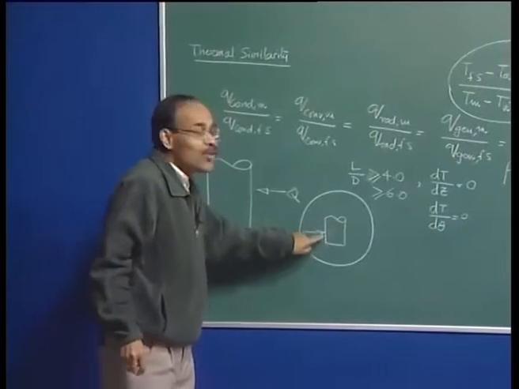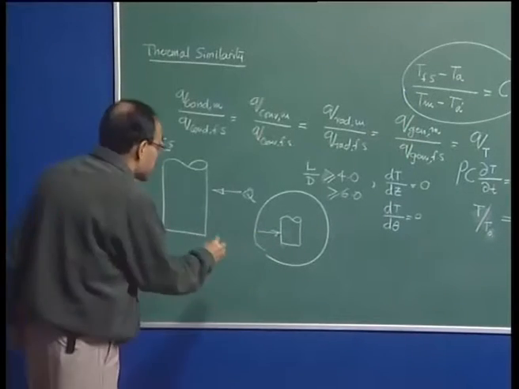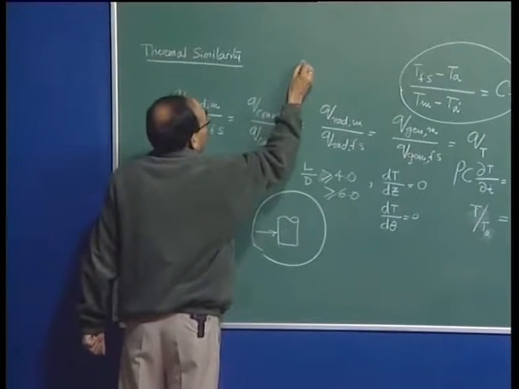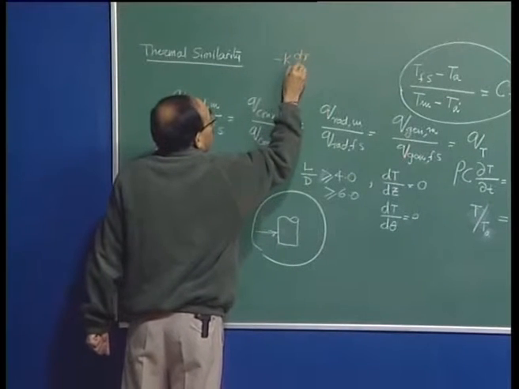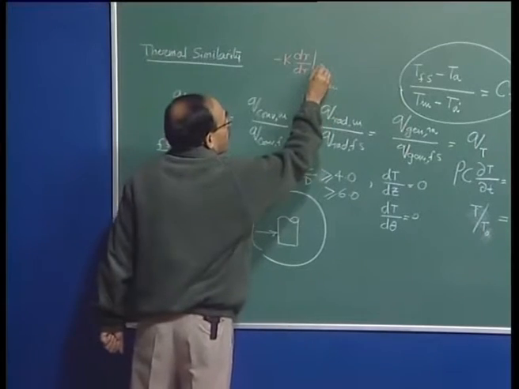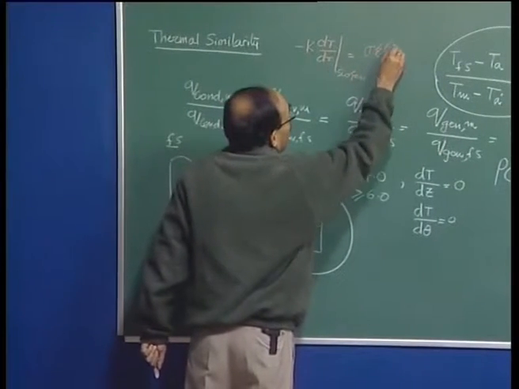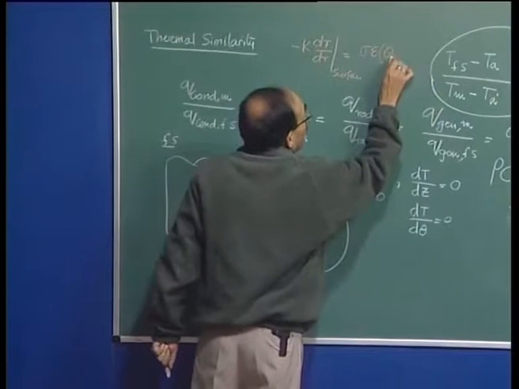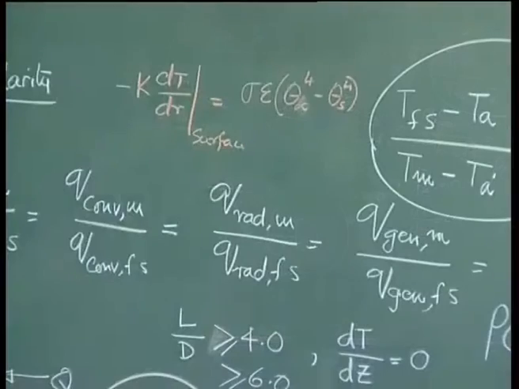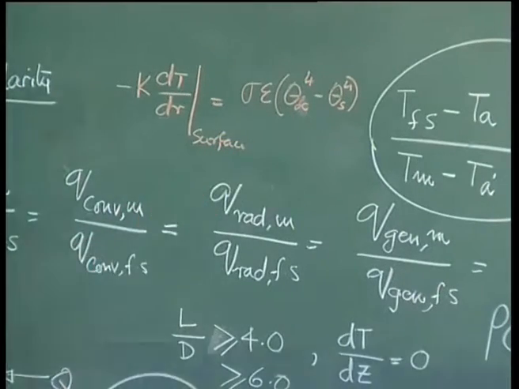What is the boundary condition here? Suppose I assume that heat is flowing from the ambient to this purely because of radiation, then I can say that the exposed boundary condition is going to be something like the heat flux in the radial direction at the surface is going to be, I am making an assumption, purely radiative. So, this is the famous expression: sigma is the Stefan-Boltzmann constant, epsilon the emissivity of the surface, theta infinity is the furnace temperature and